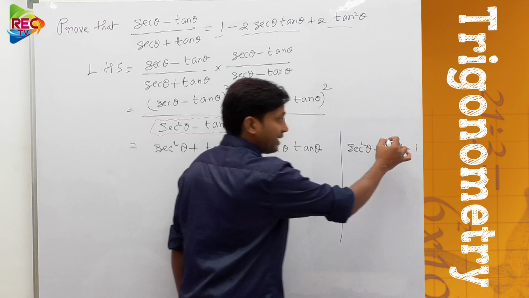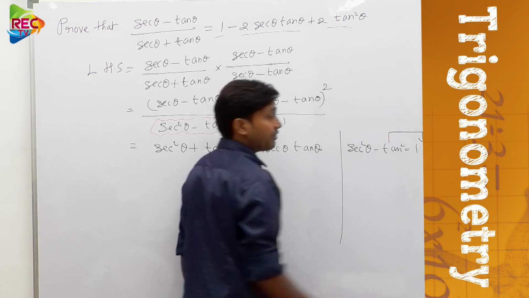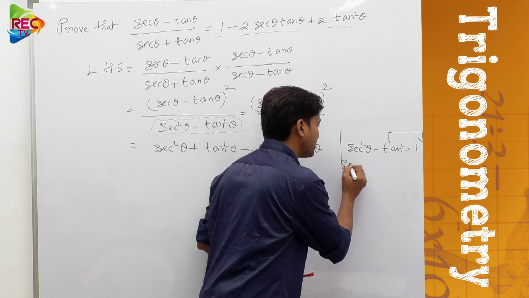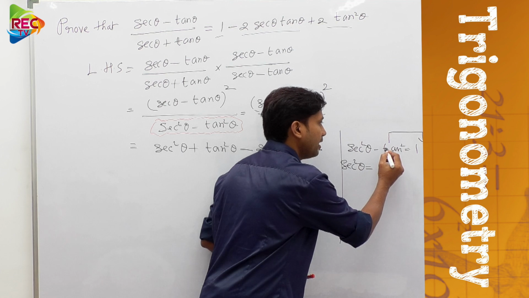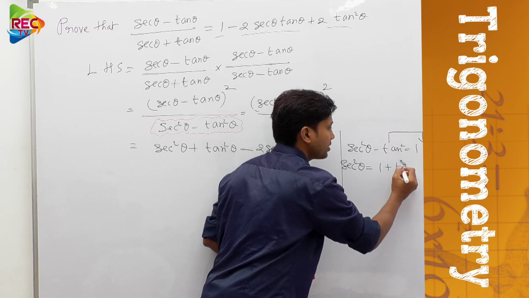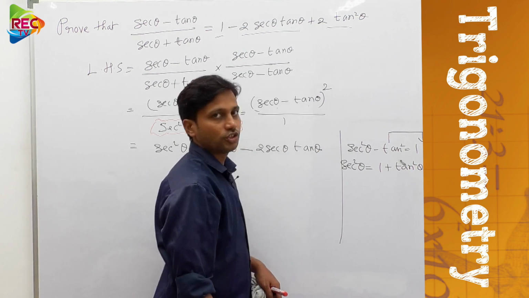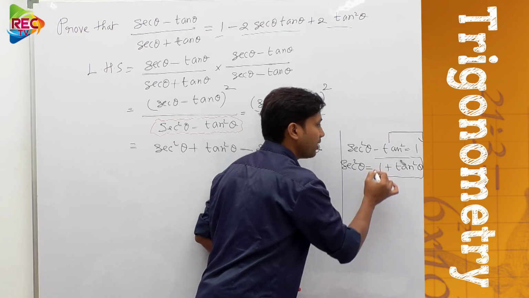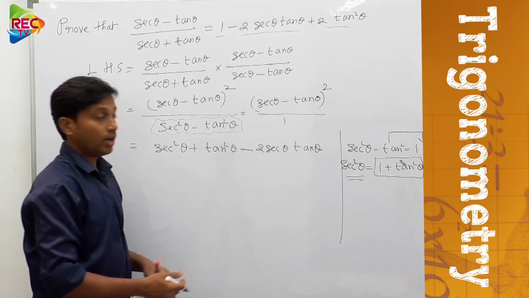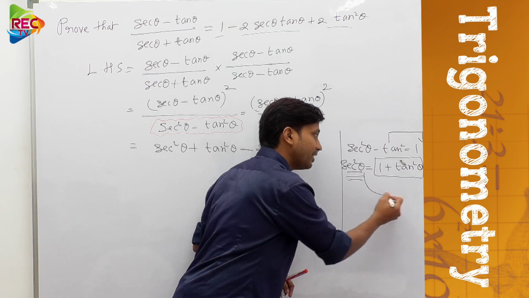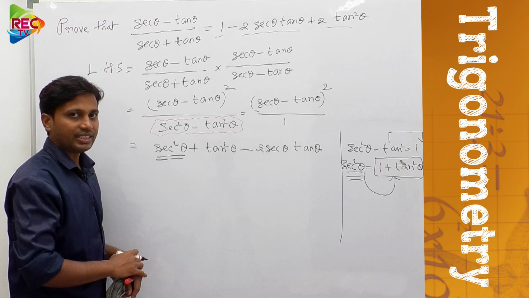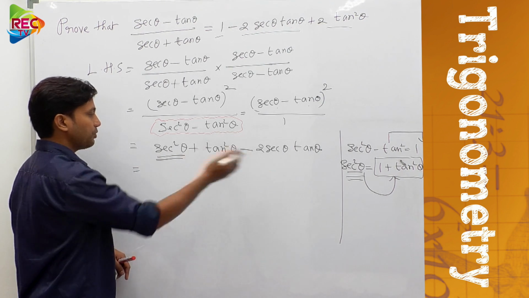So now if you take this tan square theta to the other side of the equation, its sign will be converted to plus. So therefore secant square theta can be further written as 1 plus tan square theta, right? Sorry, tan square theta. So wherever you are getting 1 plus tan square theta, you can replace this with secant square theta. Or wherever you are getting secant square theta, you can replace this with 1 plus tan square theta. So you are getting here secant square theta or not? Okay, so then what can you write over there?